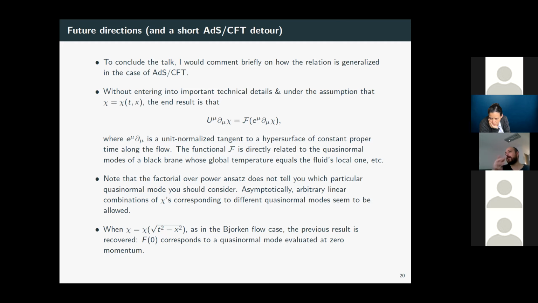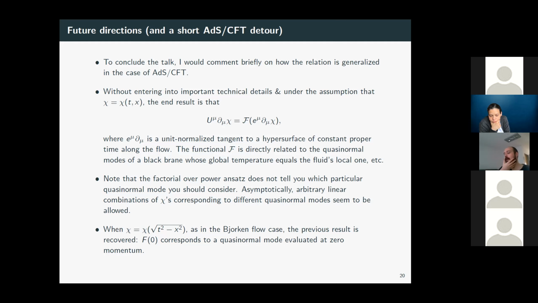So it might be the case that whatever was not gapped in your original rest frame becomes gapped by performing this construction. I don't have a clear understanding of that point yet. These are quasi-normal modes obtained for a particular dual gravitational construction, which involves a boosted black brane, boosted in a particular way depending on the fluid flow. So I still don't know how to translate that directly to the more standard quasi-normal modes of some unboosted black brane at rest.